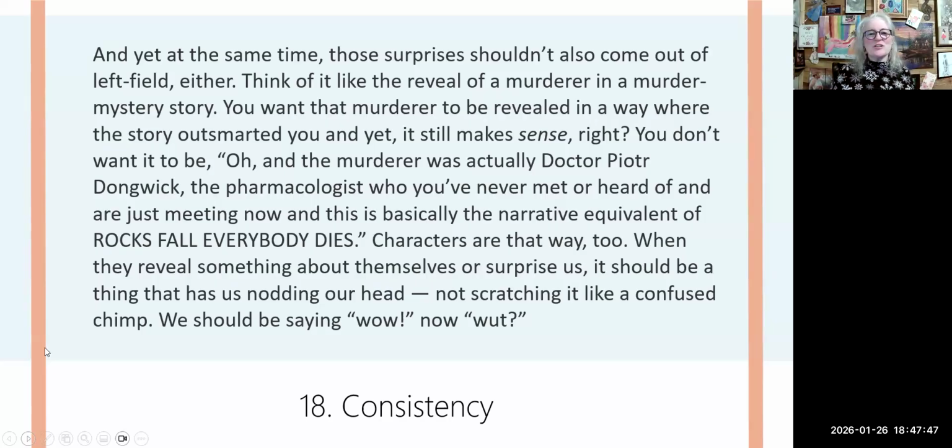I love that when you're watching a mystery or reading a mystery and you want to figure out who the murderer is, and you think you've got it figured out, and you get to the end and you turn the page and you're like, "Ah, no!" And it's somebody that you didn't want it to be, but there's really no other way it could have been, and you know that, but you're still mad at the author. Yeah, that's fun stuff, right? That's the stuff that makes us remember the story. So we need to be consistent in the surprises that we're giving, make sure that they aren't completely coming out of the blue, that they're consistent with who the character is.